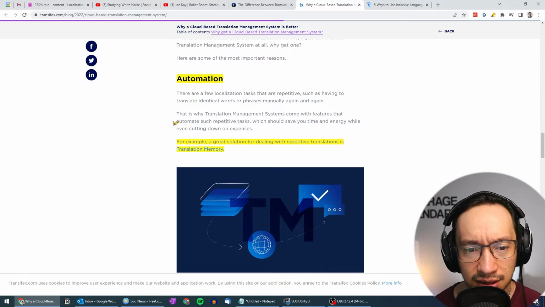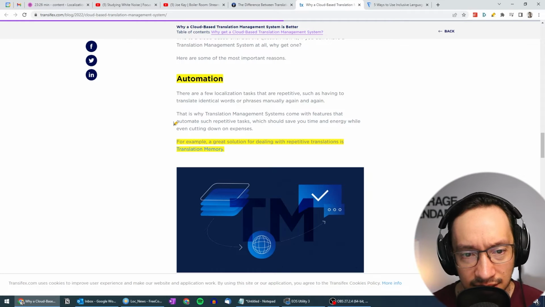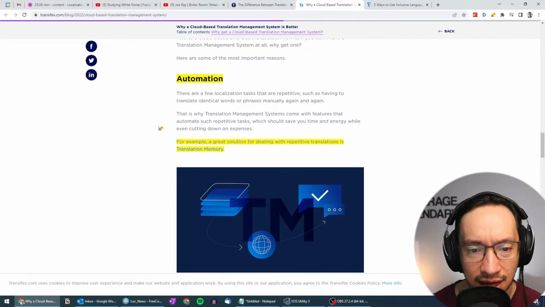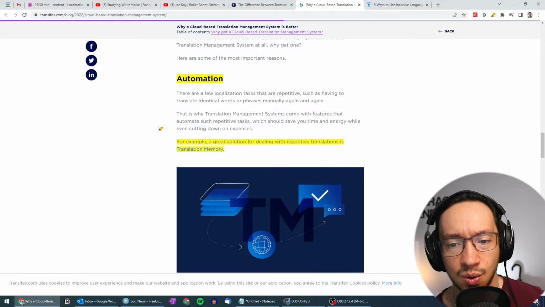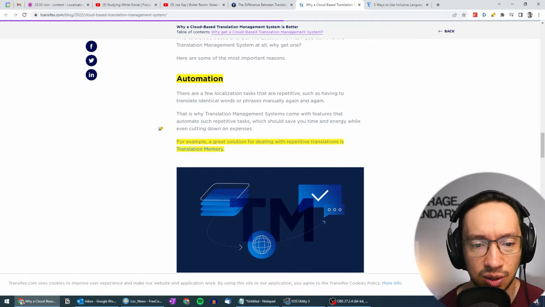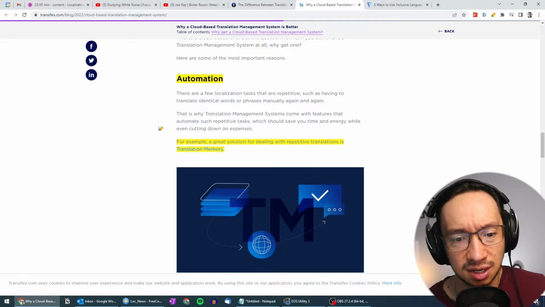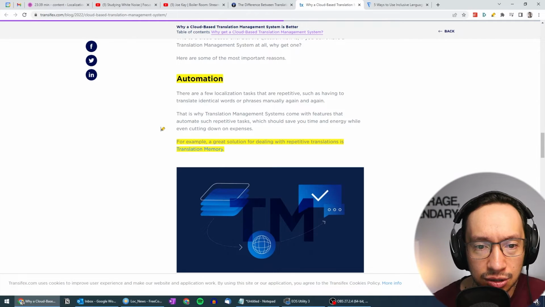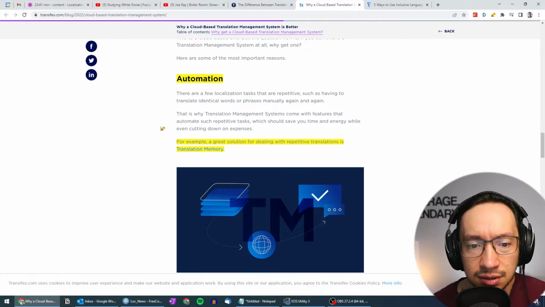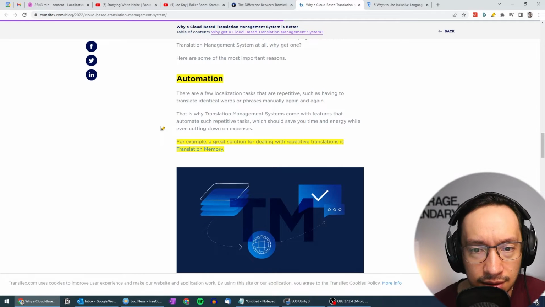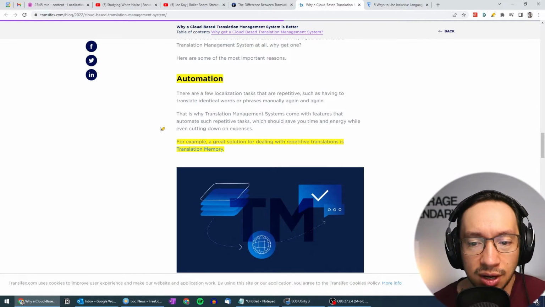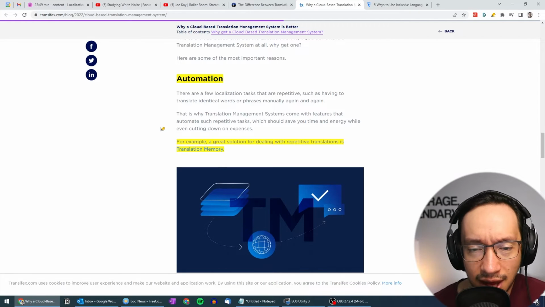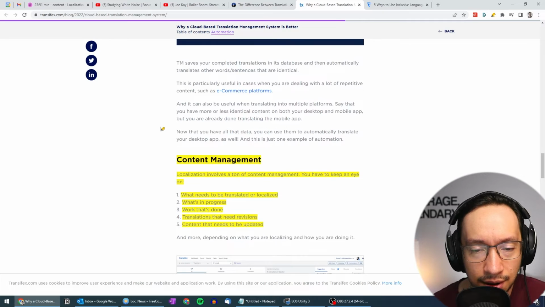But what I found interesting here is that as an example of automation, they say a great solution for dealing with repetitive translations is translation memory. So they consider translation memory to be an automation benefit or reason, which technically is not true, right? Because you can still use translation memory even on-premise. You don't have it only in the cloud.